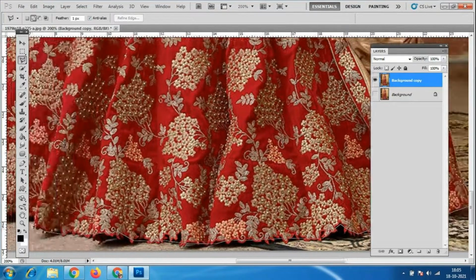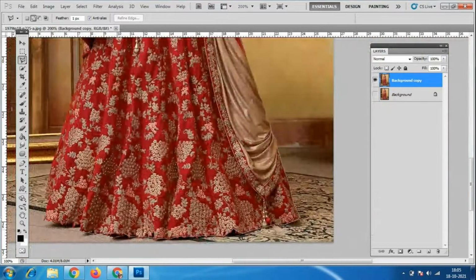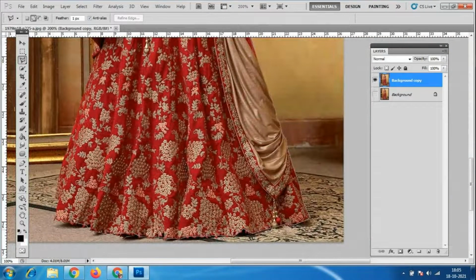Control minus. If we take it this side, automatically it will go to the left or right side.